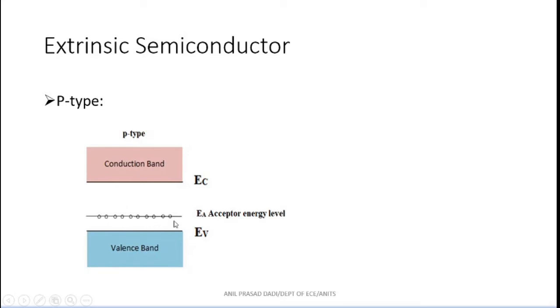Now there is an energy state available, belonging to the dopant atoms that you are adding to your intrinsic semiconductor. In this particular case, it will be either a boron atom or an aluminum atom. Because you are adding to your intrinsic semiconductor, a new energy level has come here. And what is it representing? Do all the holes have the same energy?